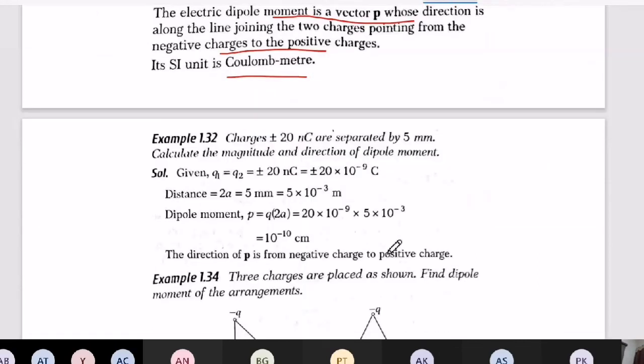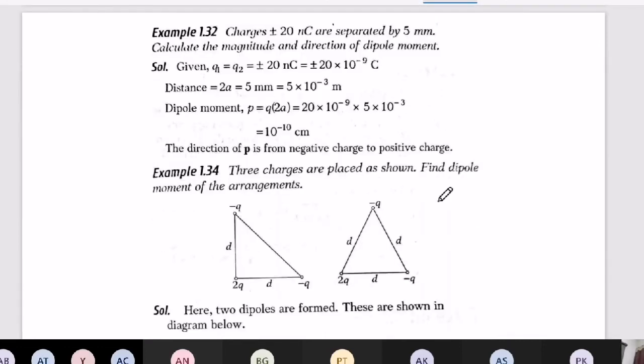Now today we'll end with one or two simple questions based on electric dipole moment. But in today's evening test you will not get questions based on electric dipole moment. You will get questions based on the same field and force only. Just revise everything. Now let's take one simple question.